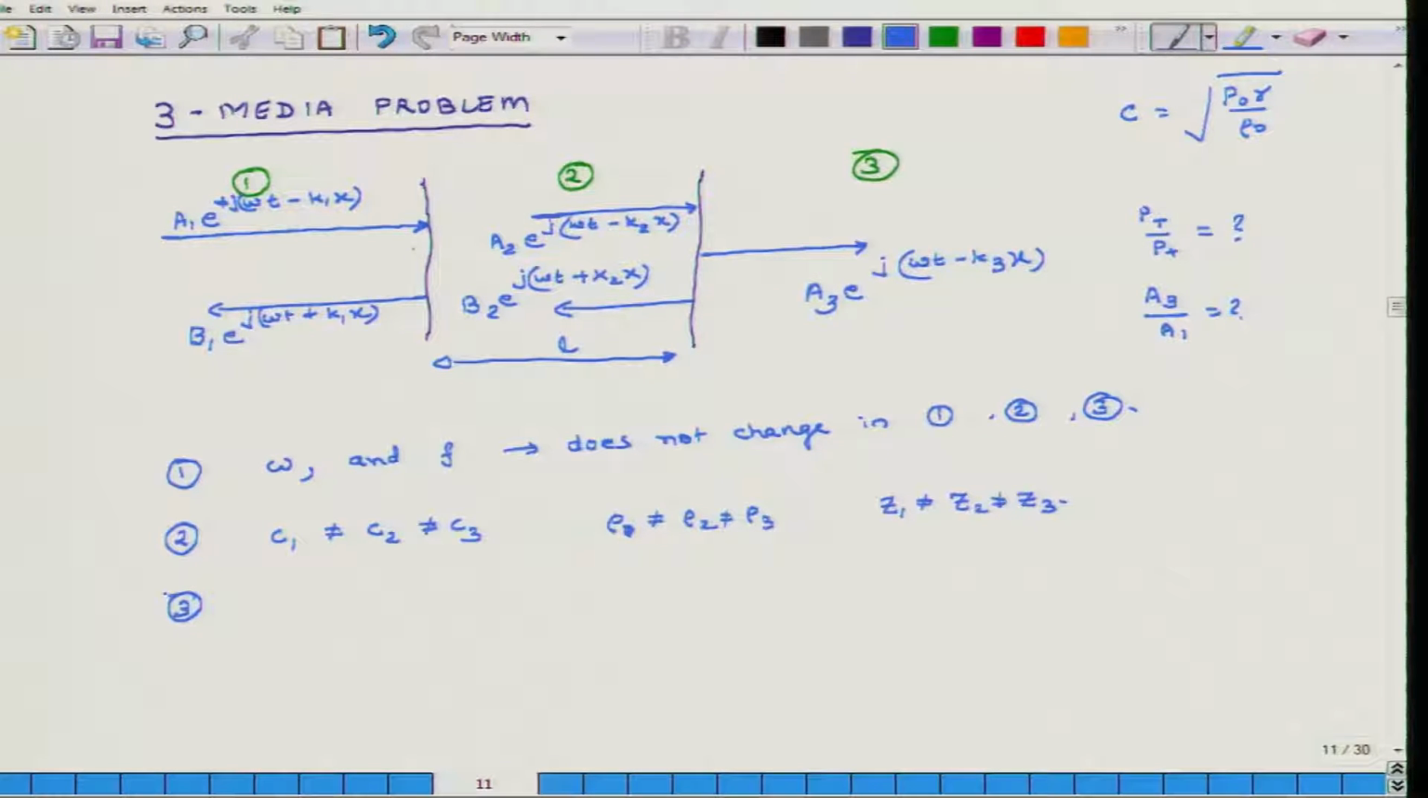Third, if frequency is the same but the velocity of sound is different, then lambda 1 is not necessarily the same as lambda 2, is not necessarily the same as lambda 3. And if lambda is not the same, then k1, which is equal to 2 pi over lambda 1, is not the same as k2, is not the same as k3. So for that reason, we have three different wave numbers